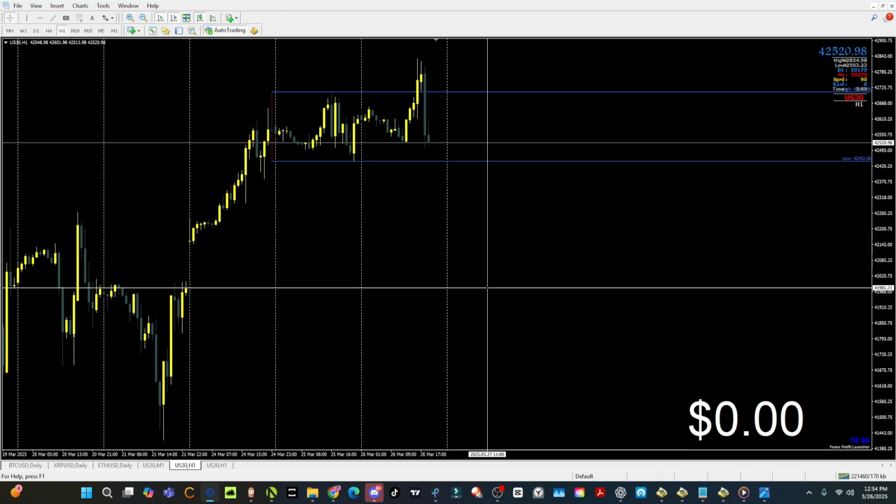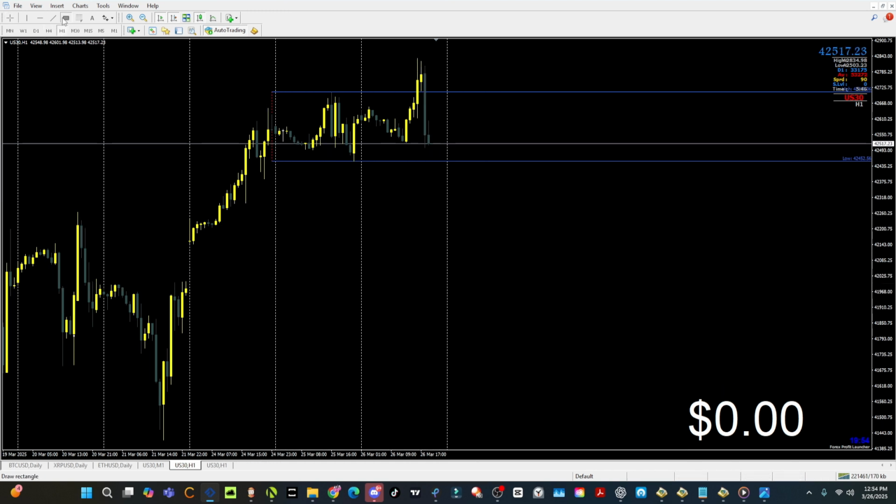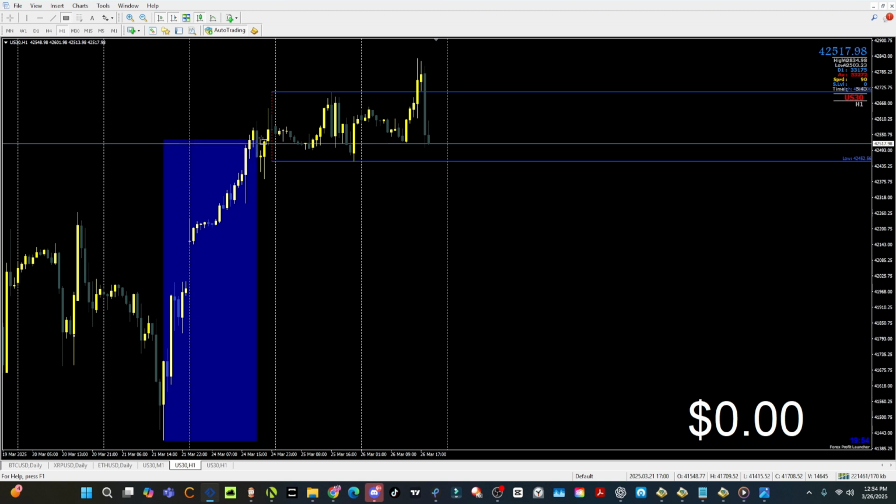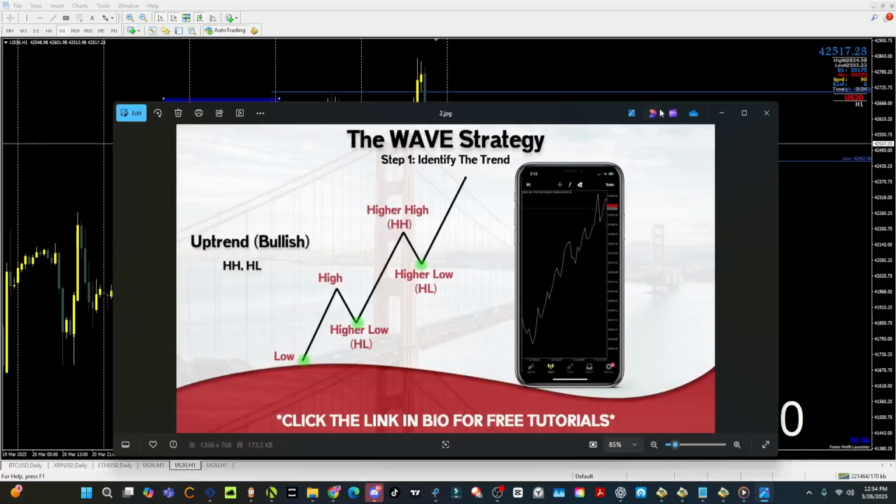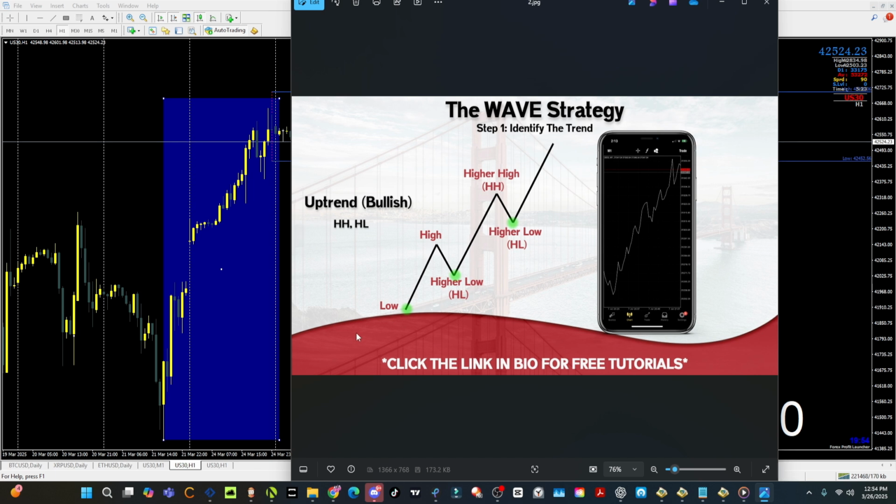So we are currently on the 1-hour time frame, and we can see that from here to here, the market was going up. Now I'm going to ask you guys, let's do it side by side. Can you see how this pattern right here was happening on US 30 in real life? Hopefully you are able to see how these two patterns look very, very similar. Remember, it's not going to be perfect, but if you can see the similarities, then you can literally make money from it.